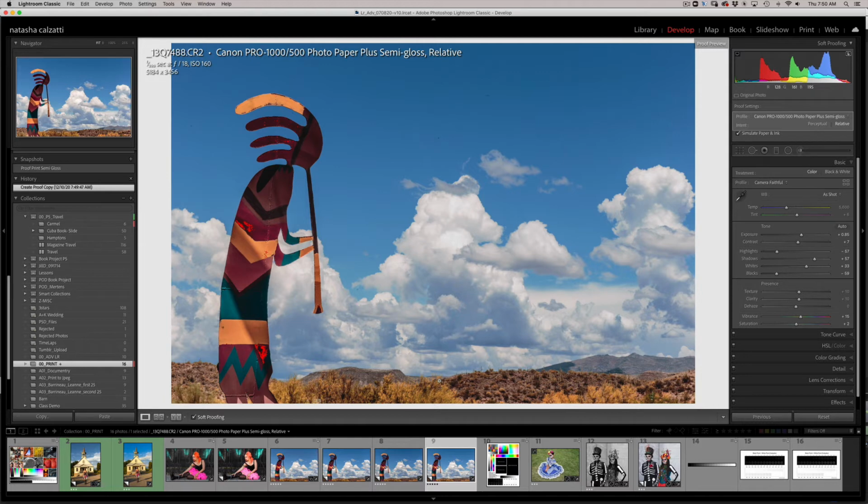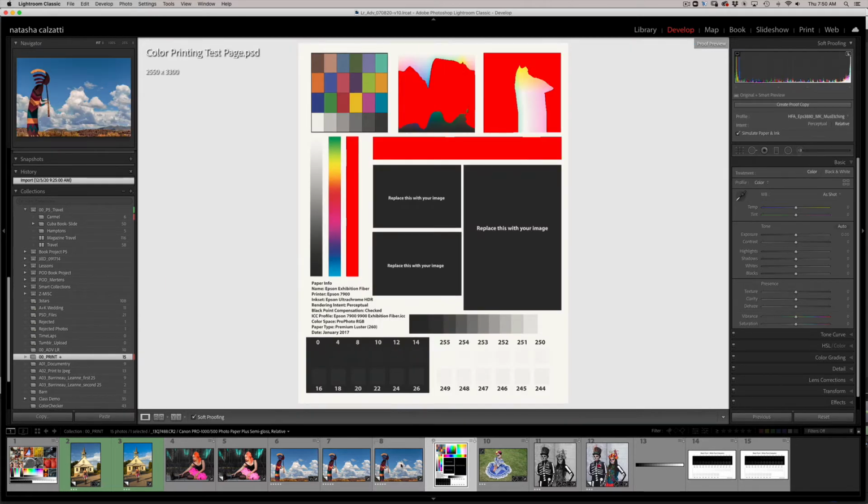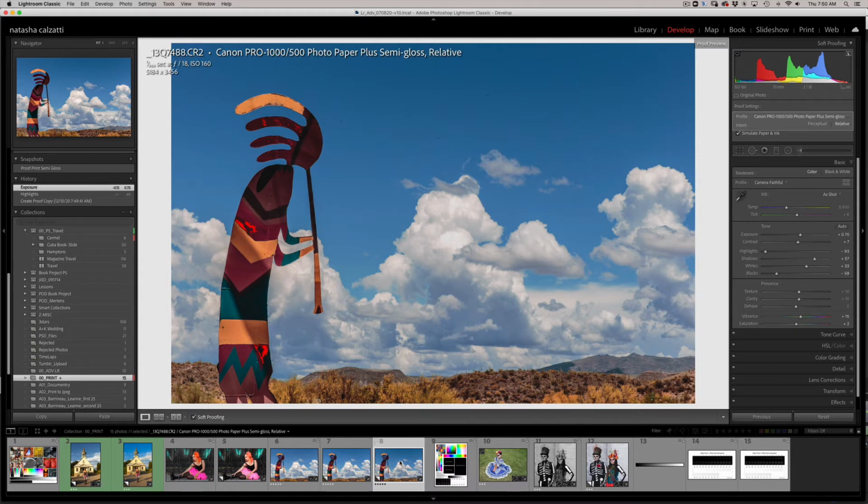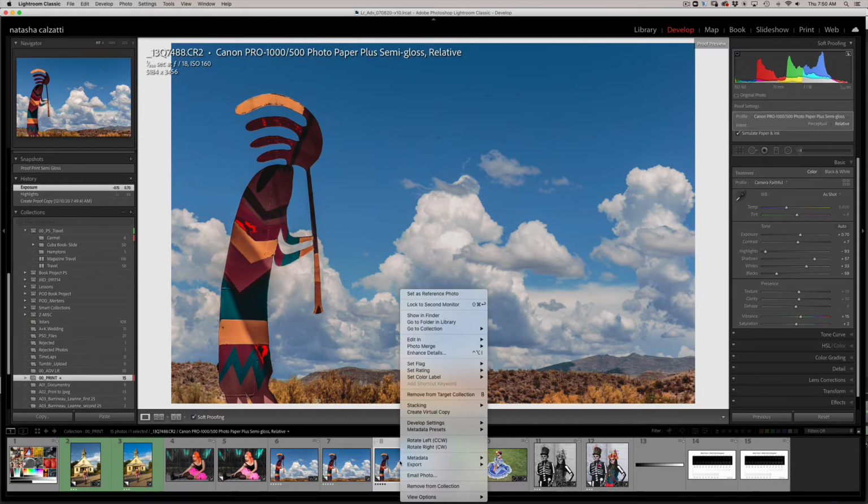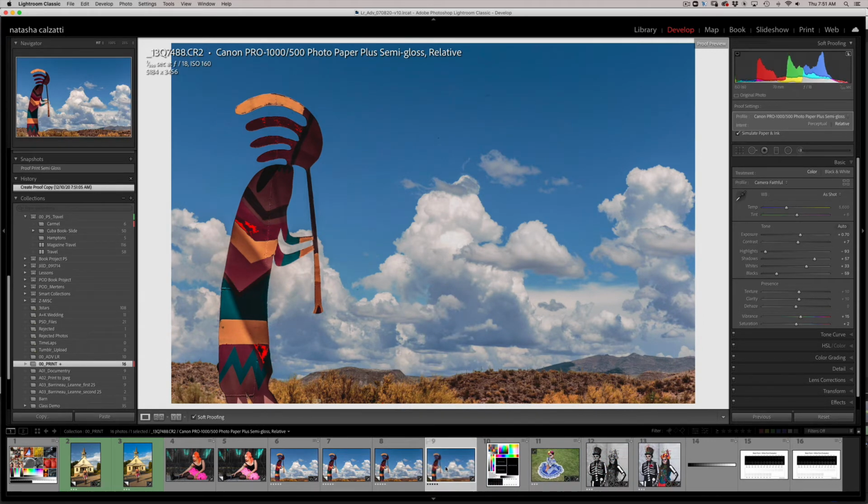with the clouds as they are, although I could do the same thing, but this one I just want to saturate the yellow colors a little bit more. So you know what, here's what I'm going to do. I'm going to get rid of this virtual copy, and I'm going to go to the one that I just adjusted and create a virtual copy from it. So I'm going to right click on it, and I'm going to create a virtual copy. So that way it takes all the adjustments that I just did,